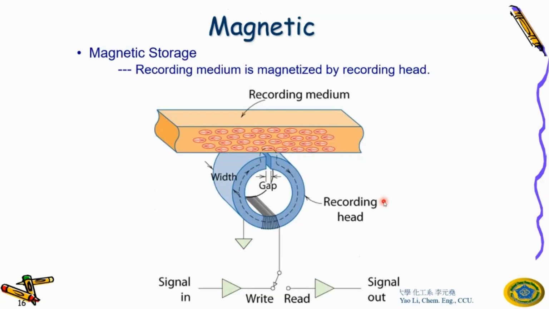Okay, the third one is called magnetic properties. I'm sure you know this is in your hard disk, in your computer. You always use this for the memory. It's called magnetic storage. You know, we live in this digital world. Everything is run by 0 and 1. Okay, so you store 0 and 1 in